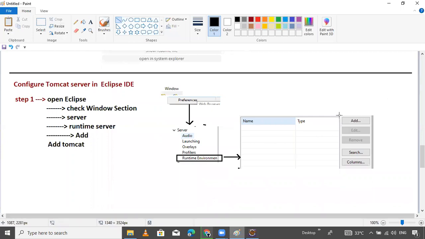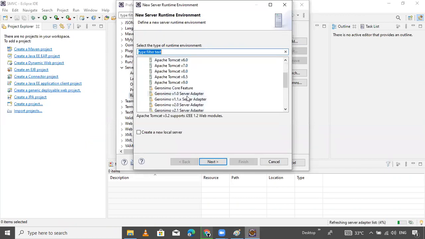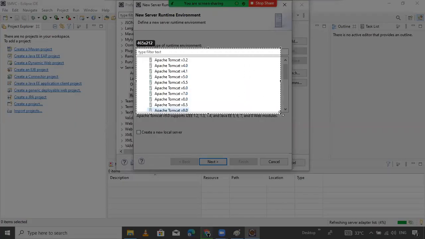Then click on the Add button and select the server. I don't want this one, select up to 9. After clicking this, we get Apache Tomcat 9. Just click and select this option.